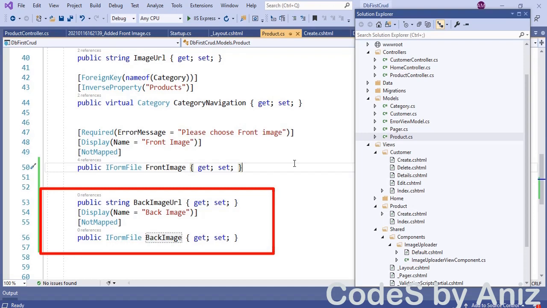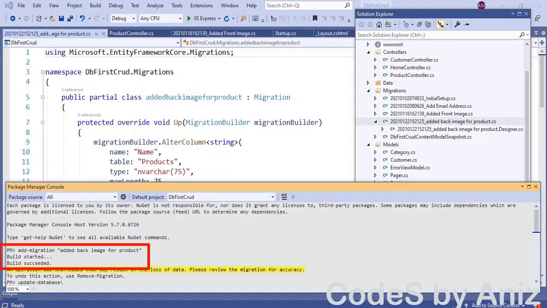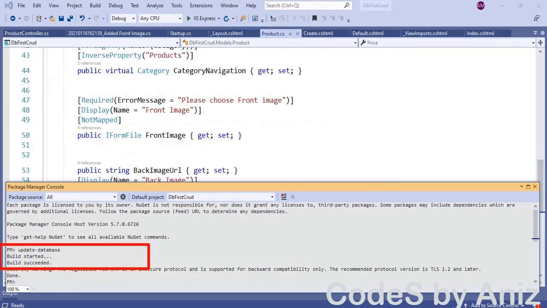Then add one more property of type IFormFile and name it as BackImage. This property is not mapped to the table and it will not be saved to the table. This property is only to receive the uploaded file from the web page. Now let's run the add migration command in the package manager console and then run the update database command to update the migration to the database.